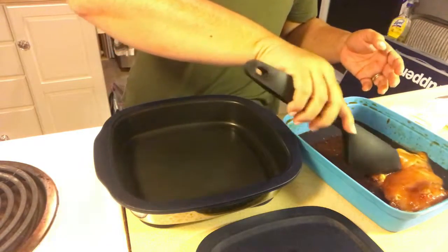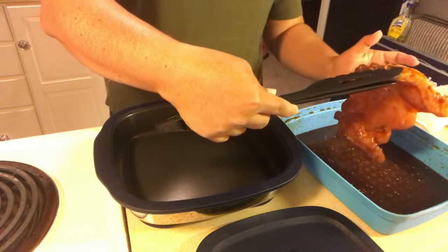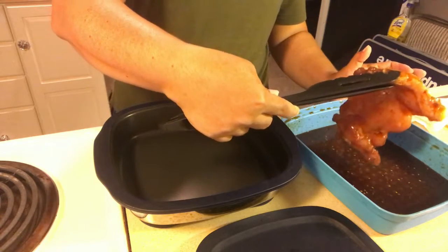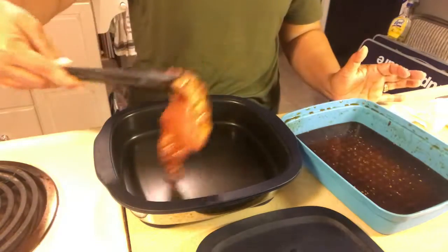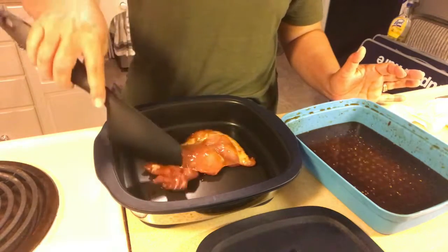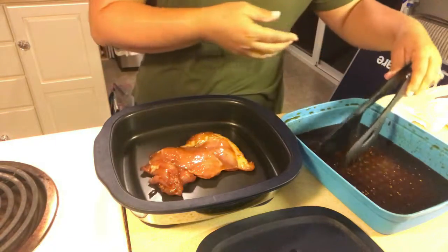Like I said, I just did this today, and it marinates through your chicken really good. So this is the reason why I like using this sauce. So this is what I'm going to do. Just put this piece right in here, and we're going to put this in the microwave